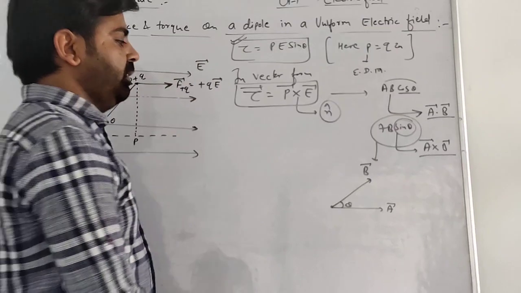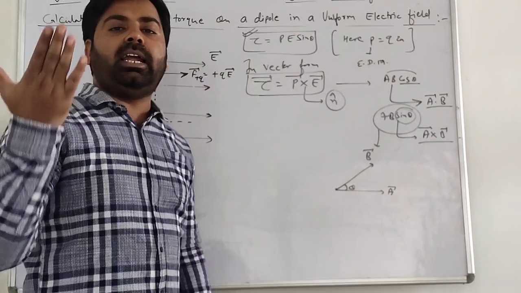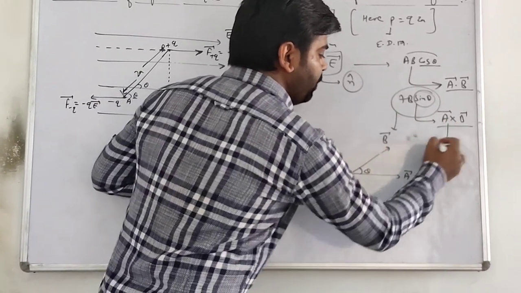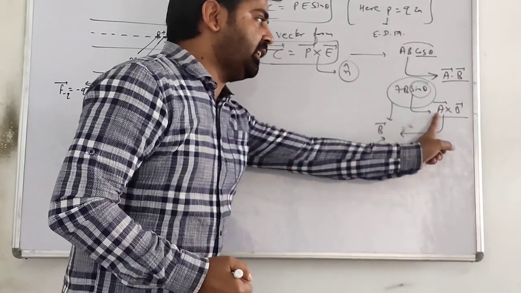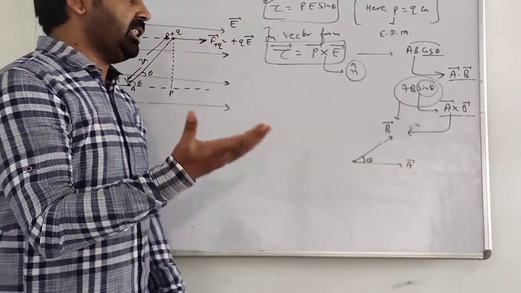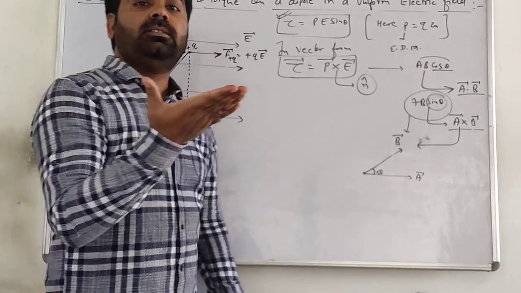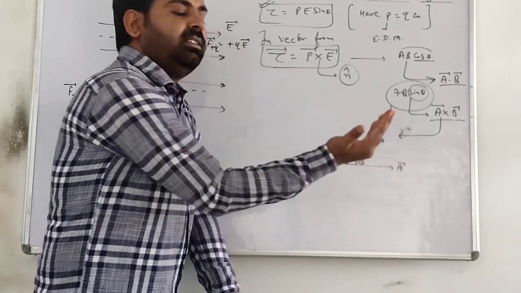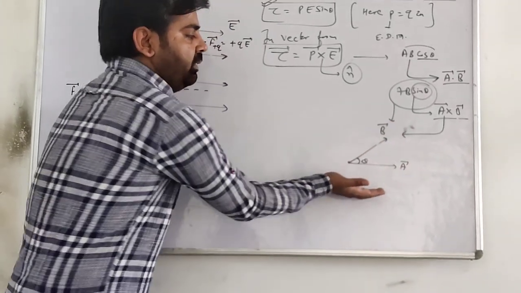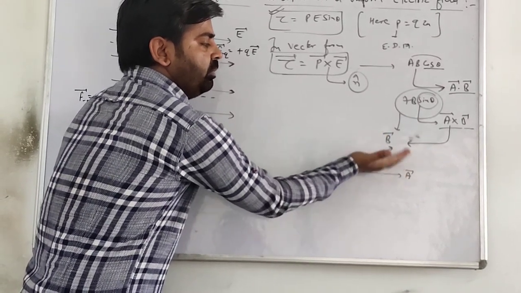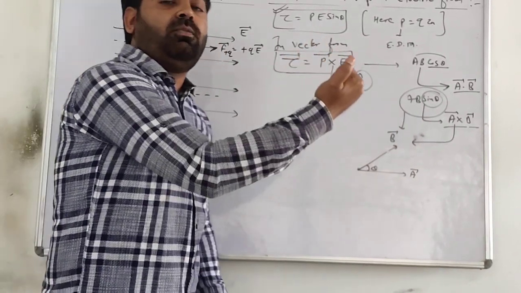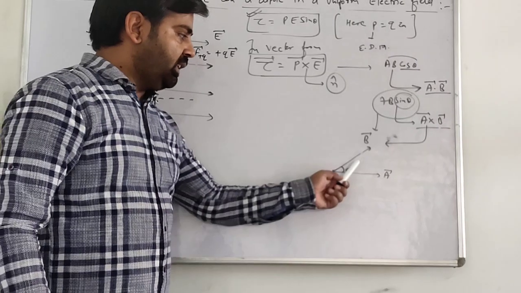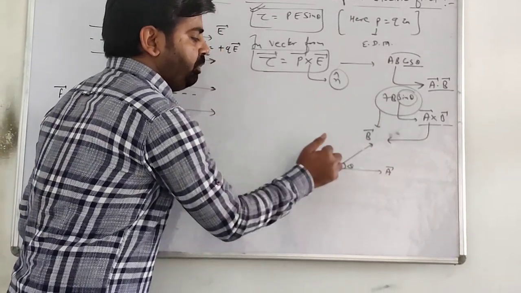In this rule, firstly we trace our right hand fingers in the first vector. In A cross B, the first vector is A vector and the second vector is B vector. Firstly we trace our right hand fingers in the first vector, and now we rotate the fingers around the second vector, that means this way. So the thumb direction of the right hand gives the direction of A vector cross B vector. Here the direction of A vector cross B vector is plane perpendicular outside.